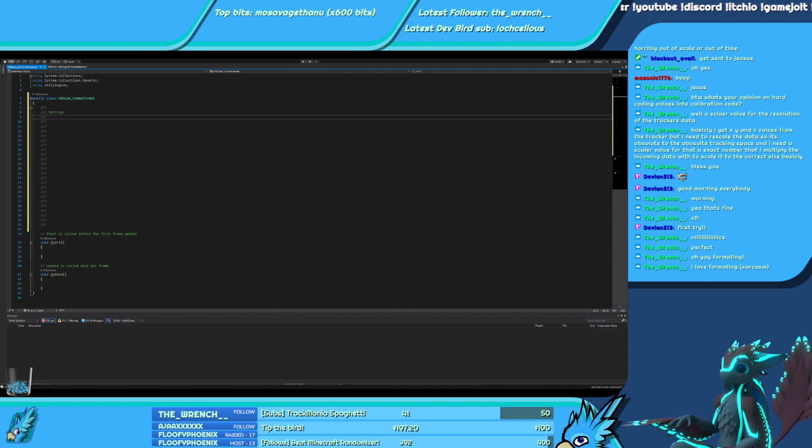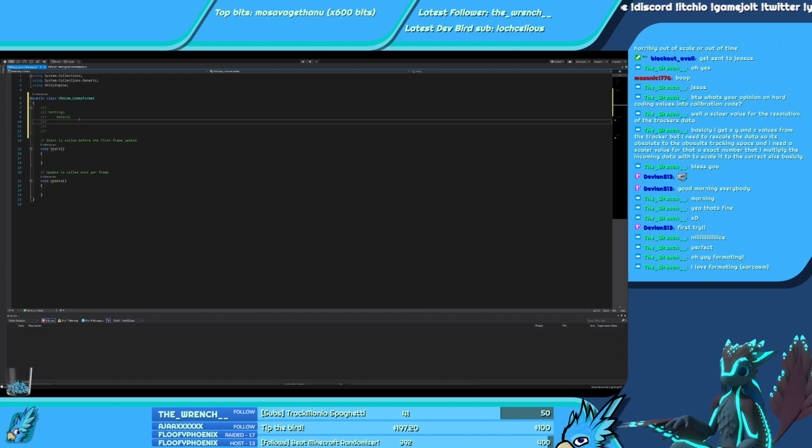So the first settings will be the general settings, which is gonna be track method. General.